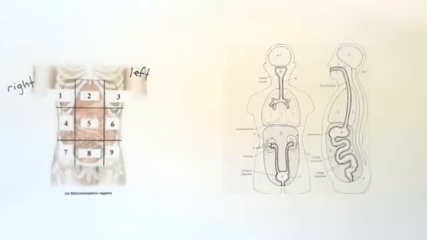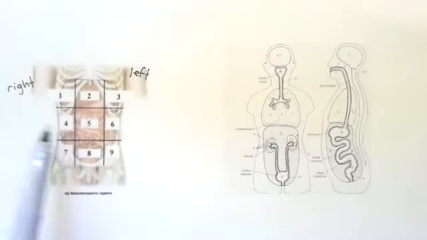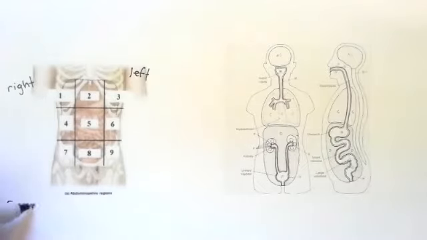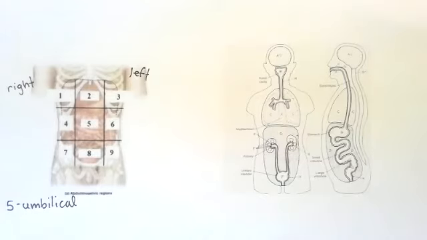Let's start with number 5, because this one's right in the middle, and these three have their own unique names. 1 and 3 have the same name, except they have a difference between right and left. 4 and 6 also have the same name, just right and left. So number 5 is the umbilical region. And if you know anything about belly buttons, you'll know that everything in the belly button region is called the